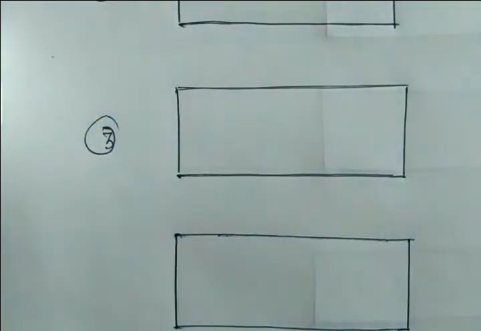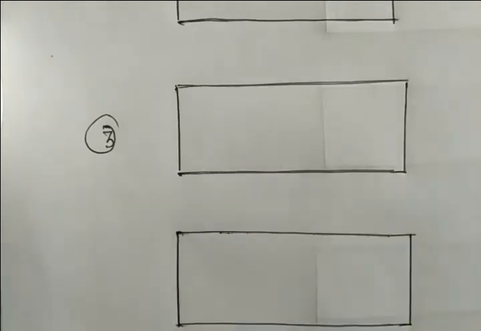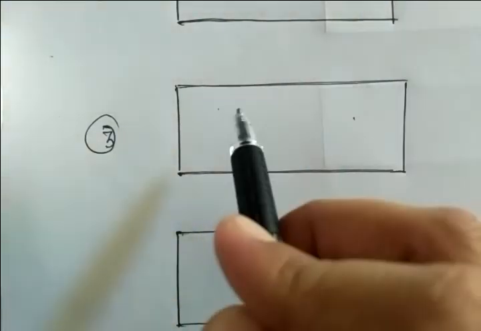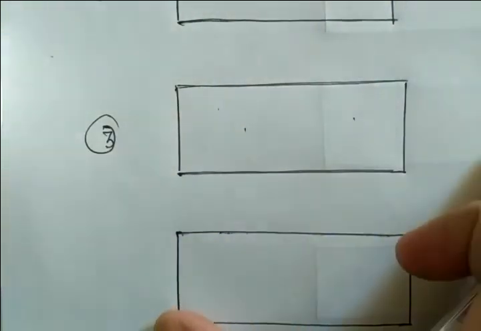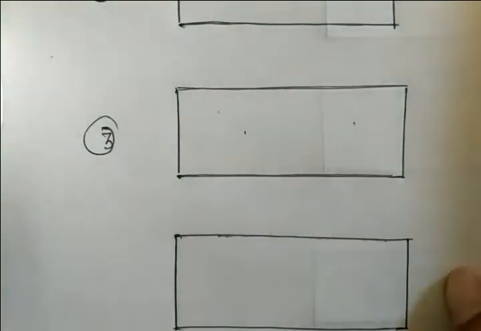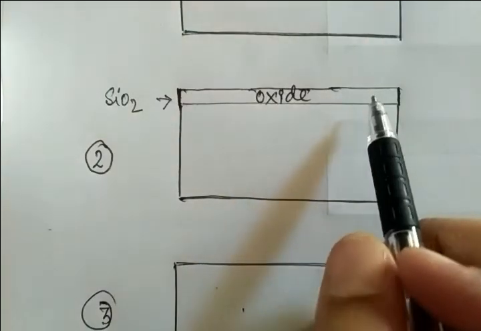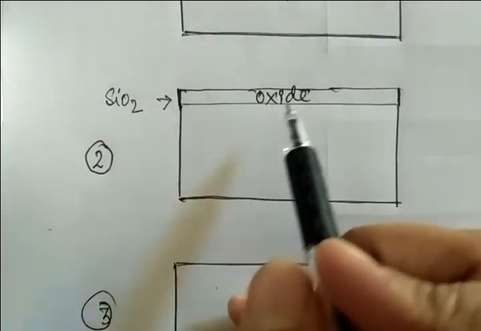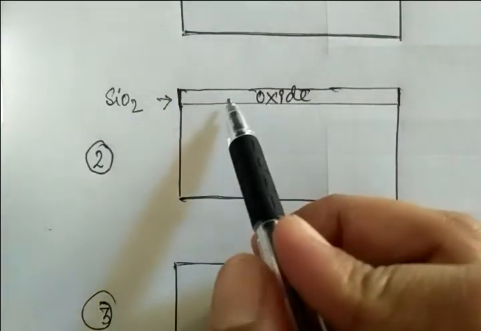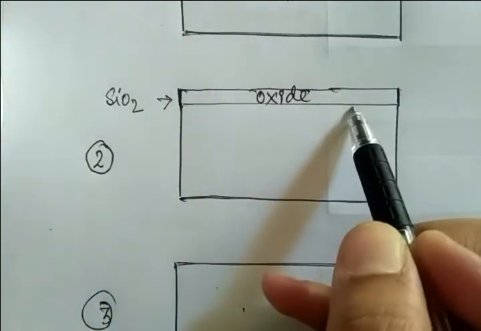What kind of step is that? We have designed the substrate, we have designed the oxide layer. Now we have to segregate the source, drain, and gate, right? So this layer, which kind of layer? This oxide layer is not in continuous format. We have to make the discrete type of that, right?